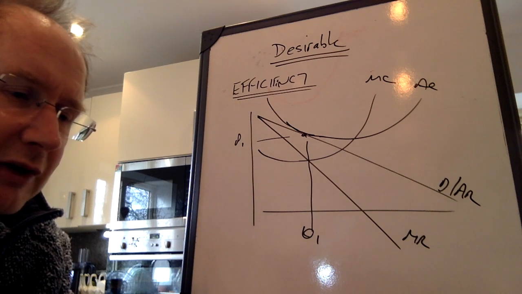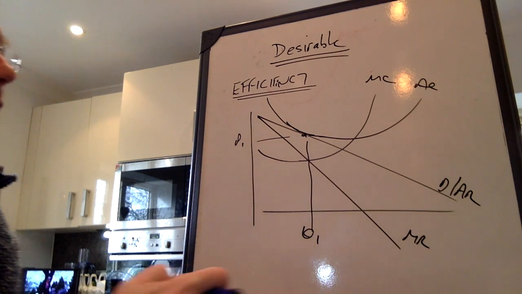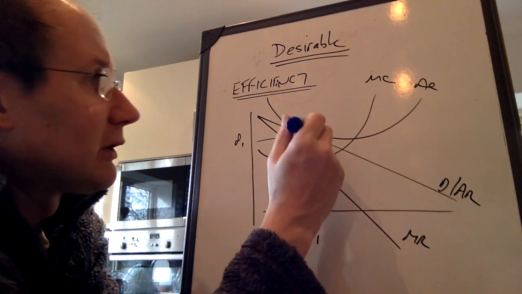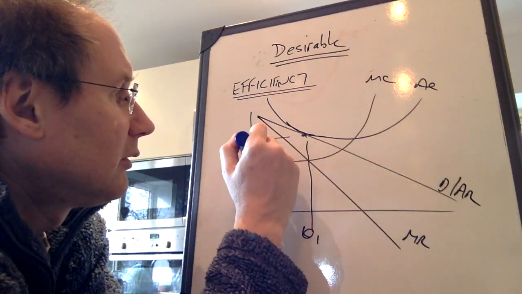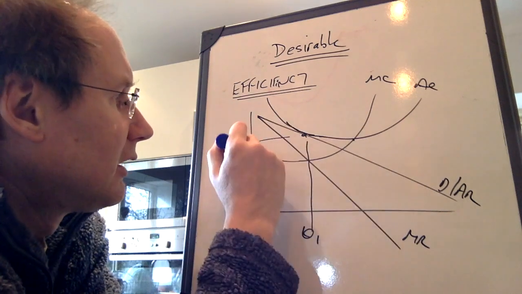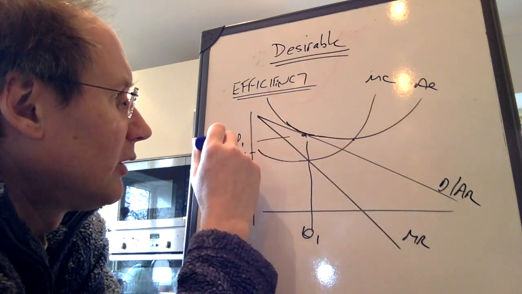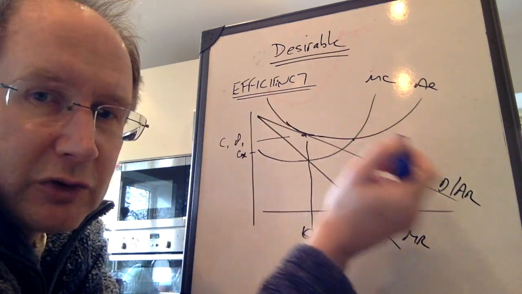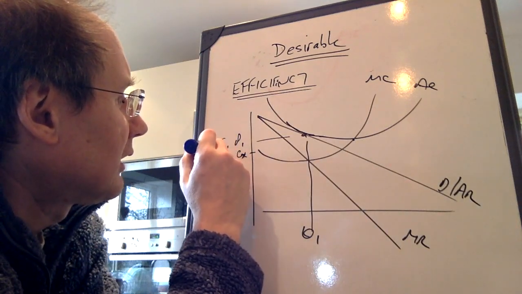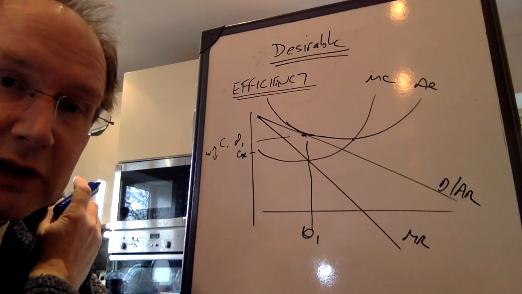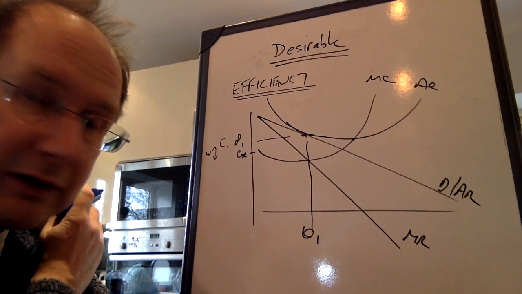But again, the absence of barriers to entry should prevent too much X inefficiency. The point, though, is that we can see two things. Firstly, we're no longer operating at the minimum point of the average cost curve. At the minimum point of the average cost curve, costs would be C star or something, whereas in equilibrium, average cost equals average revenue at C1 P1. So effectively, each unit has waste of W. We're producing each unit with more resources than it really needs, and therefore that's inefficient.